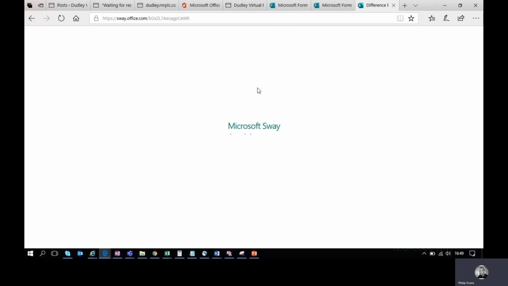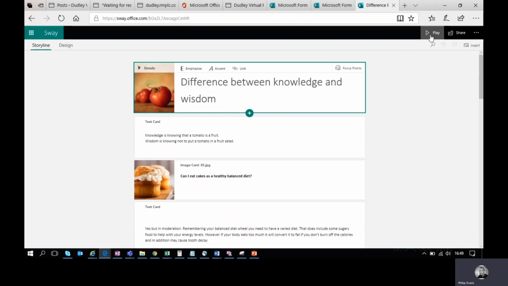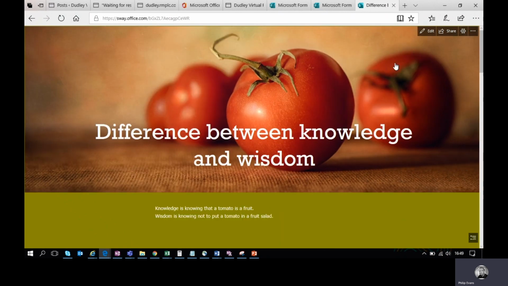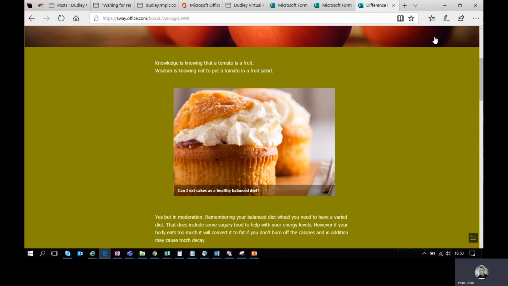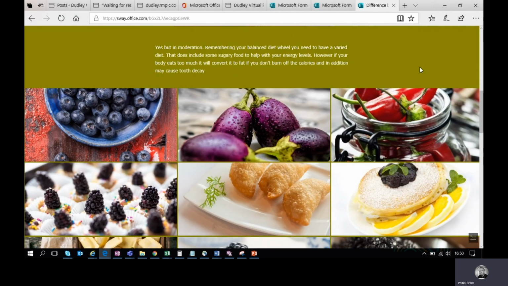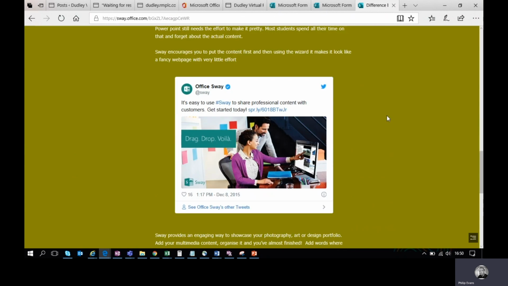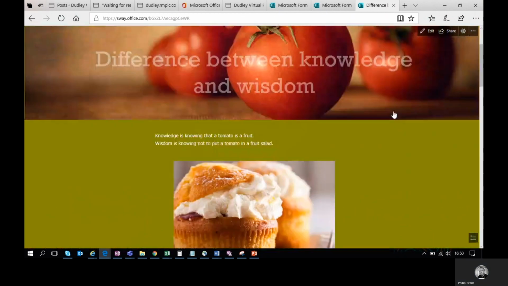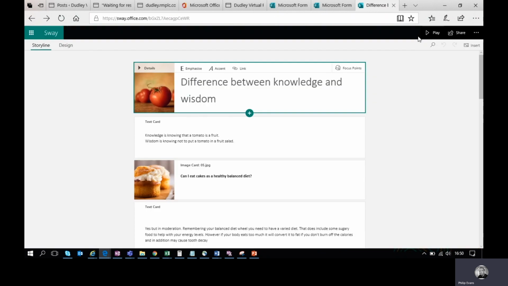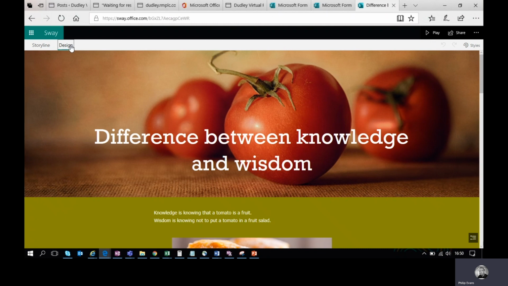So you can quickly see this looks a lot more like a professional website, and yet I haven't done anything funky to actually create that other than press play. This particular Sway is a scroll down one, so you're not just clicking next on slides, but you can have it slide across sideways if you prefer. I'll show you that. Click on edit, and you go to design over the left hand side, and click on styles,